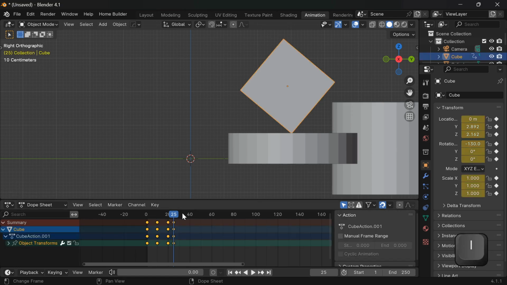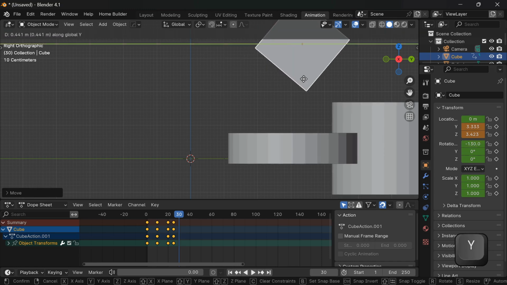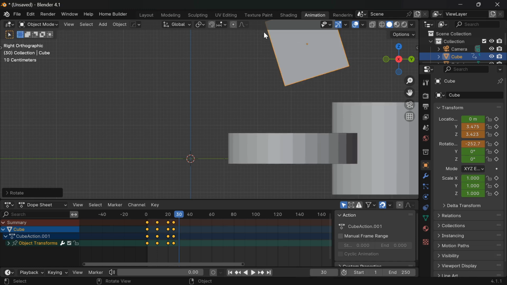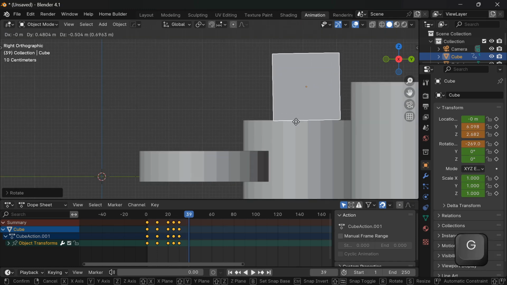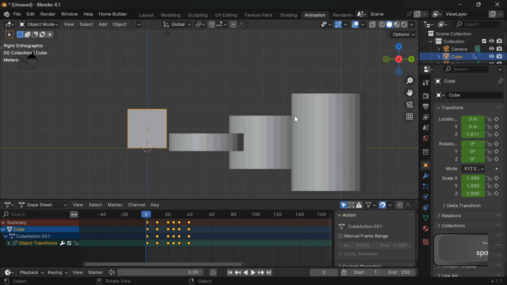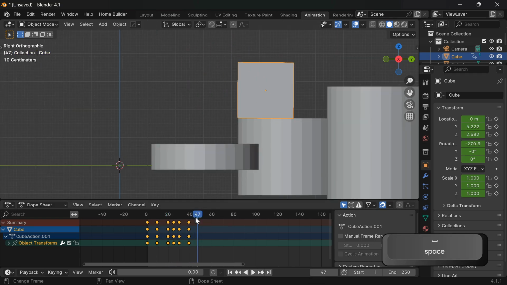So one rotation, keyframe, move it over, rotate it again, because every time you move it forward in a straight line, it's going to be rotating because it's rolling. So we're going to rotate it and add a keyframe and then move it into position. Now it is on top of this cylinder. And hit I for that insert. So if you watch it play, it kind of does a little hop like that,